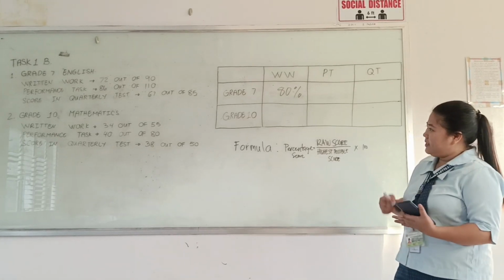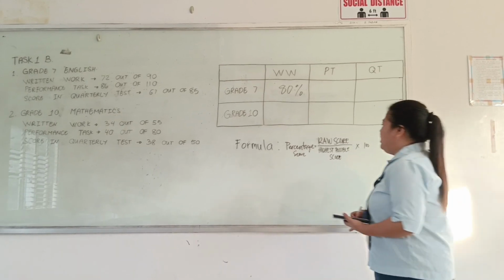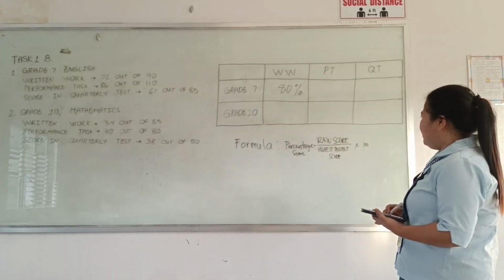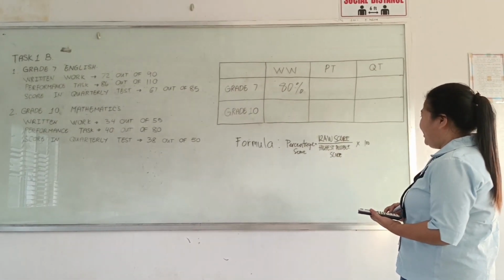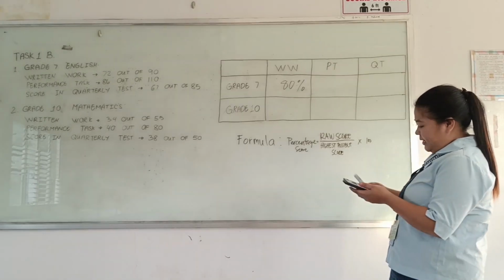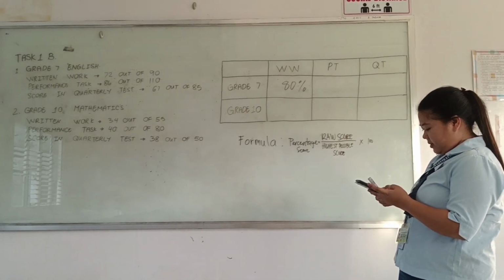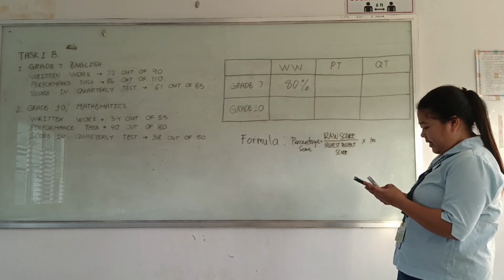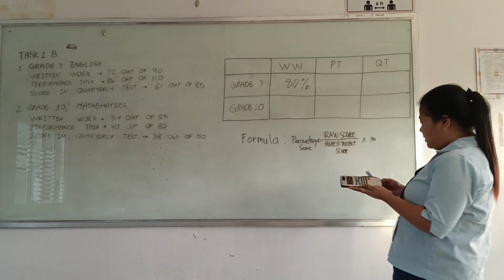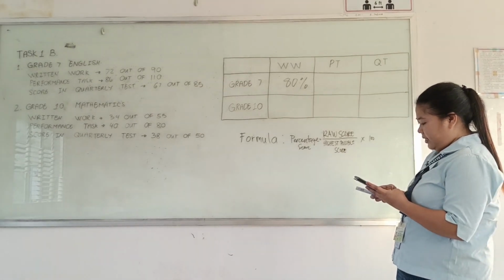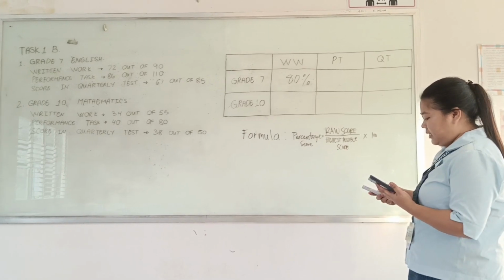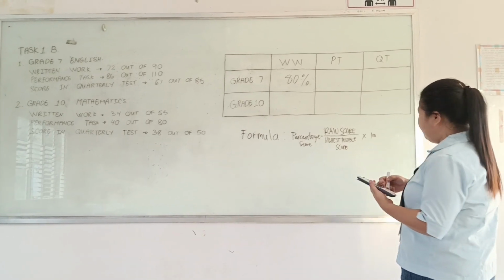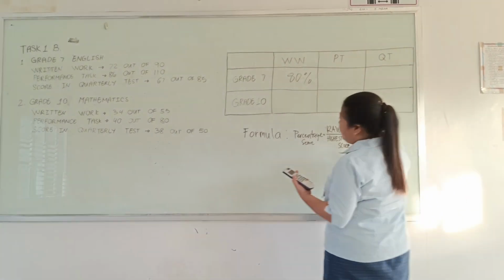For the performance task, we're going to divide the raw score by the highest possible score and times 100. So 86 divided by 110, which is the highest possible score, and times 100. So the total is 78.80%. So the performance task